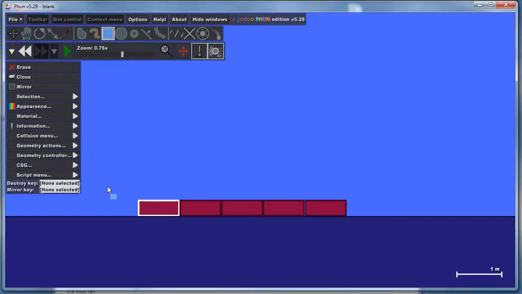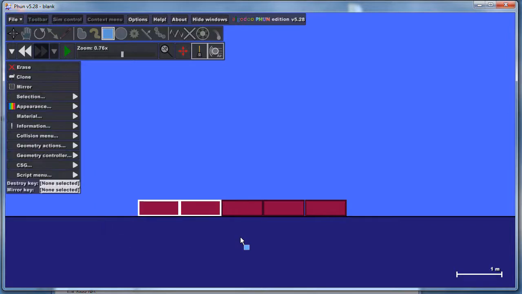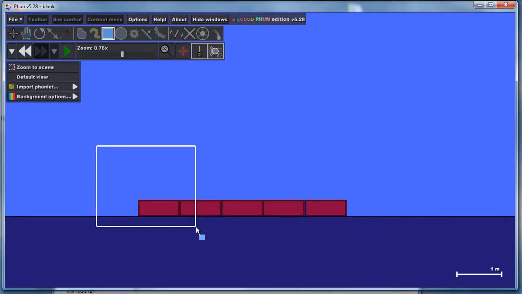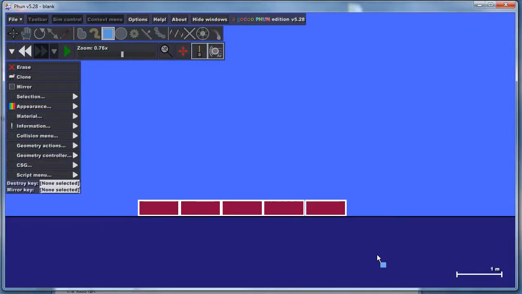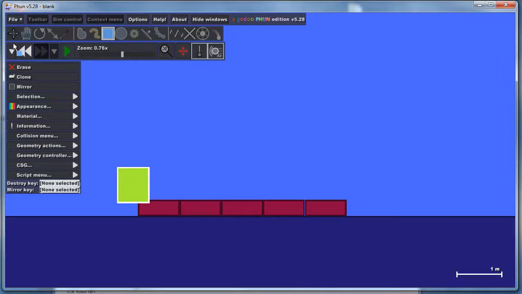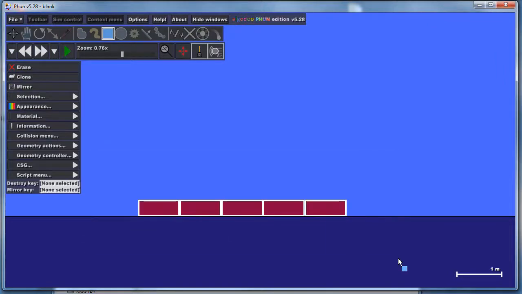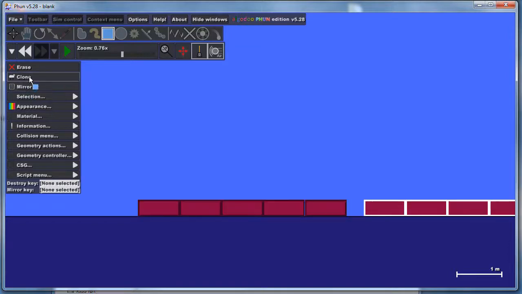Notice if I just grab one piece and it's touching the others, I only get the one. If I select all of 2 but miss the third, it's got those. If I select the entire thing with a large box, then I've selected them all. If I accidentally just touch a little, it draws a cube and I can just undo it. When you're sure you have them all selected, click clone, and then while they're still selected, use the move tool